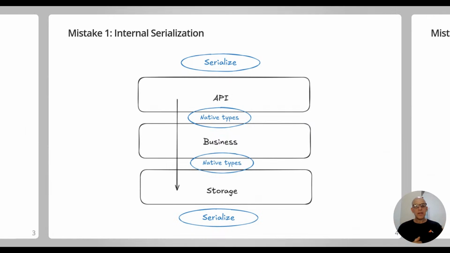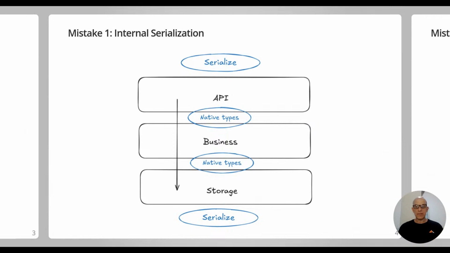only on the ones that are connected to the outside world, let's say, you need to do serialization. Once you are in the same memory space, right? So the same process, Go teams share the same memory space. There's no need for serialization. You can pass native types. It's going to be faster, more efficient, and you will get type safety, which is another big plus. So this is the first mistake